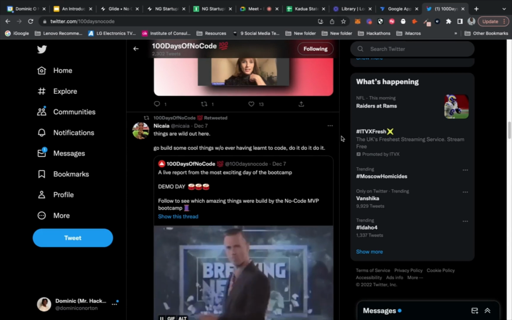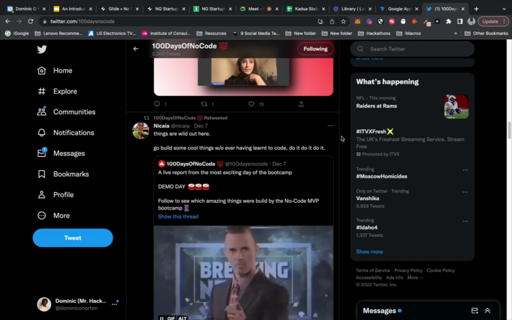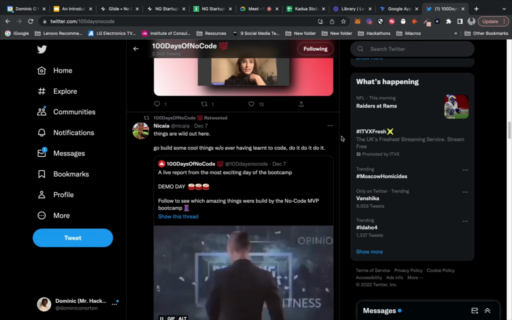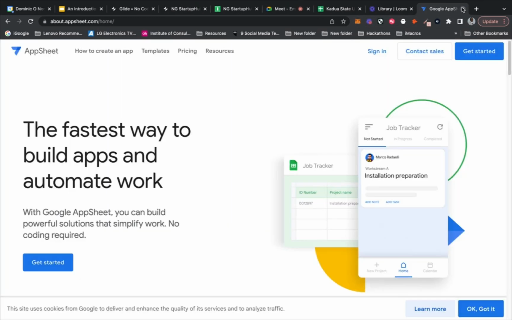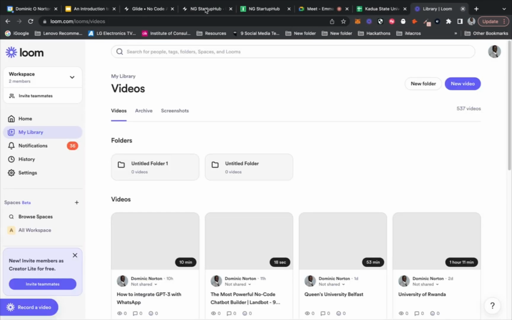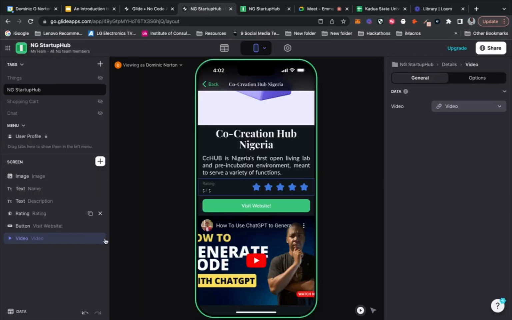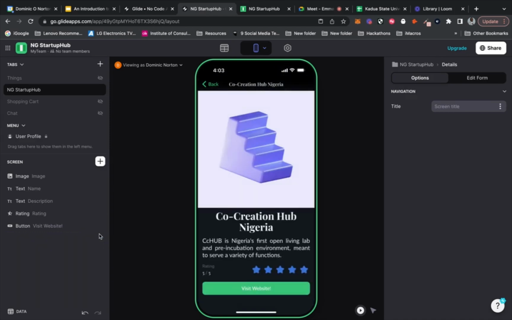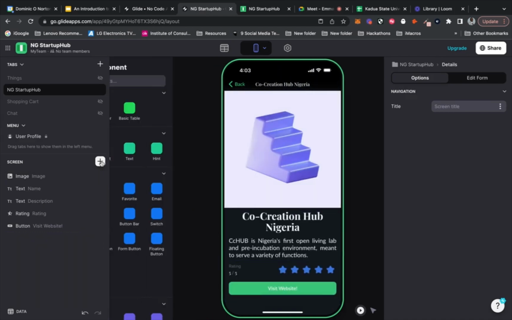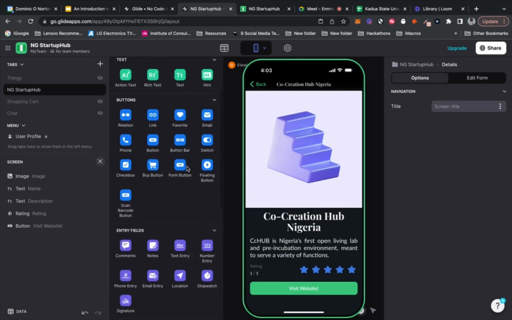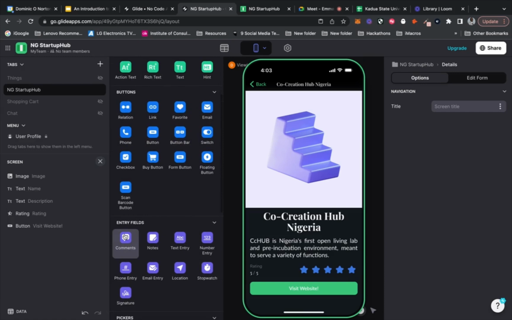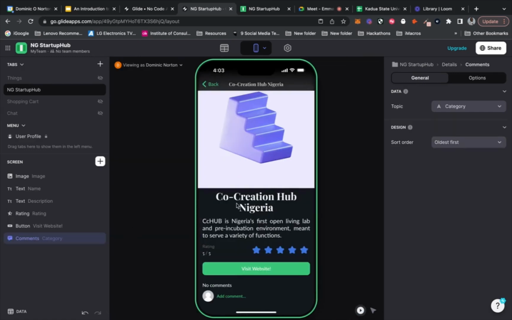Okay, so the next question somebody asks: is it possible to develop a chat app with Glide, and maybe highlight how to accomplish it? So I'm going to try to remember how to do this. I have done this before. So what we want, I'm actually going to remove this video and add comments. So I add an entry field that allows users to leave comments. I just want to try this.